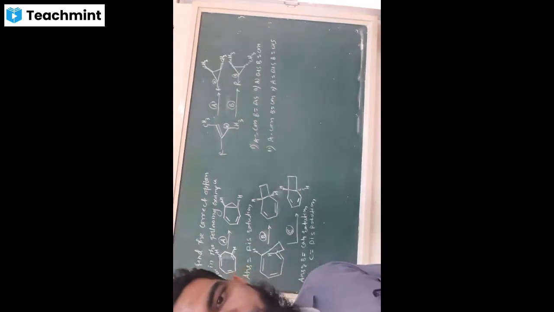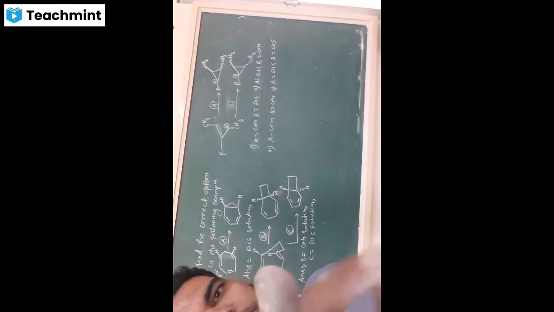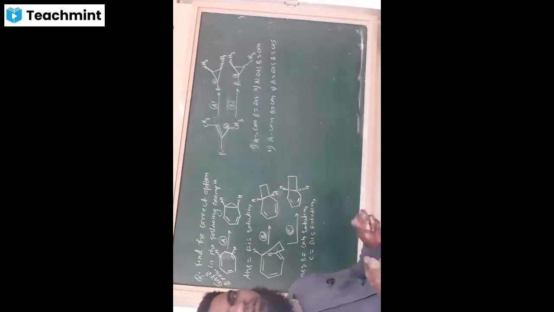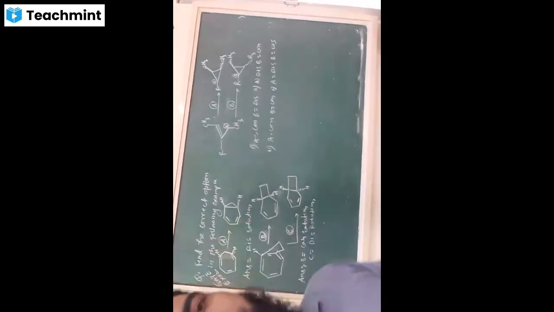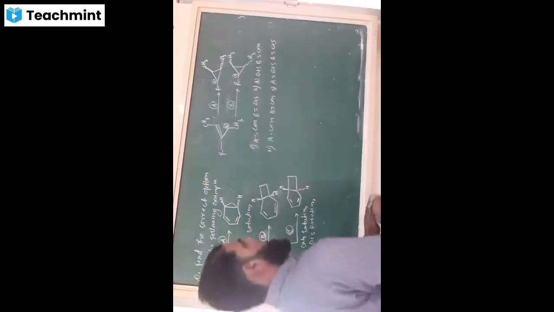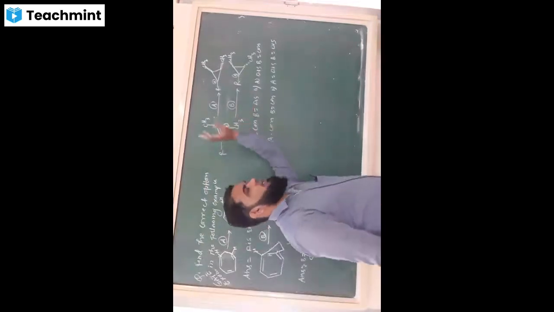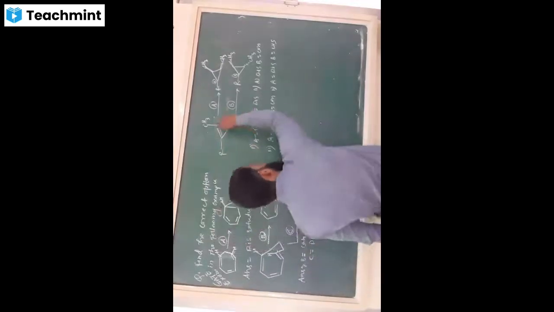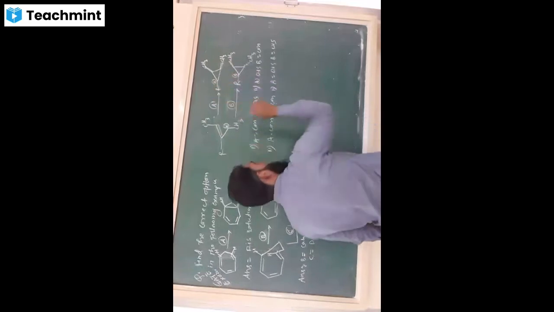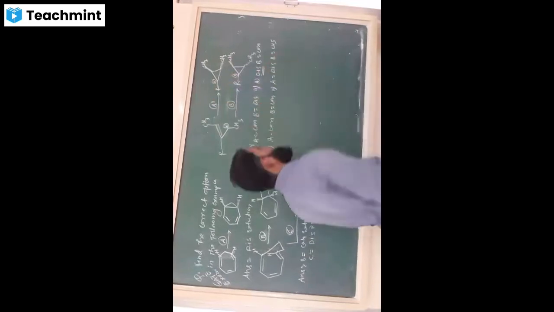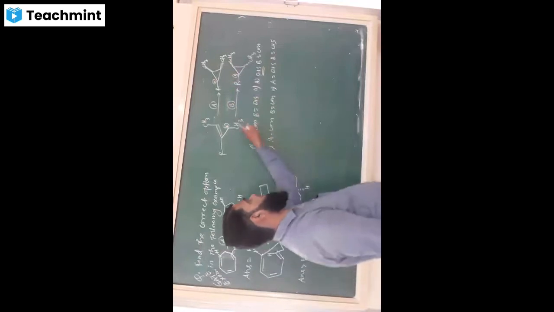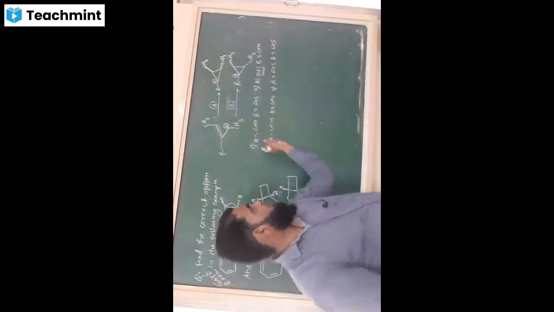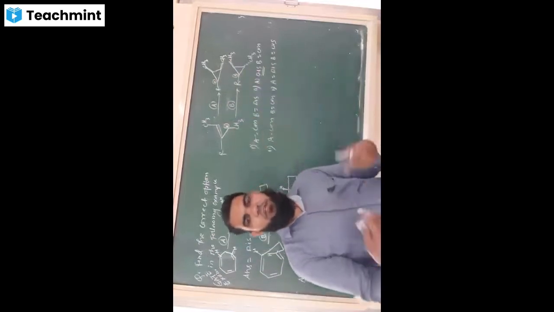Very good. I think you have understood up till now what happens in con rotation and what happens in dis rotation. So here, in case of first, both the methyl groups are on opposite sides. In the product, they will appear on the same side. It means dis rotation will take place. And in the second case, both the methyl groups are on opposite sides, and in the product they will appear on opposite sides. It means con rotation is there.